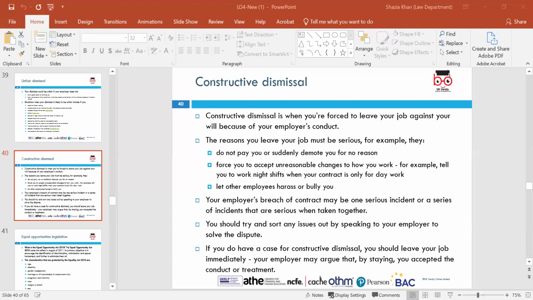It's very difficult to prove such cases in court, because employment tribunals believe that it's only in extreme circumstances that someone feels forced to leave their employment. A classic extreme example is not being paid your wages or being physically assaulted. There are many